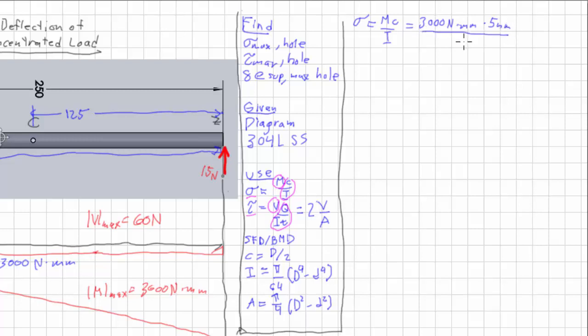And then I, so that's pi over 64 times 10 millimeters to the fourth minus 9 millimeters to the fourth. And we end up with